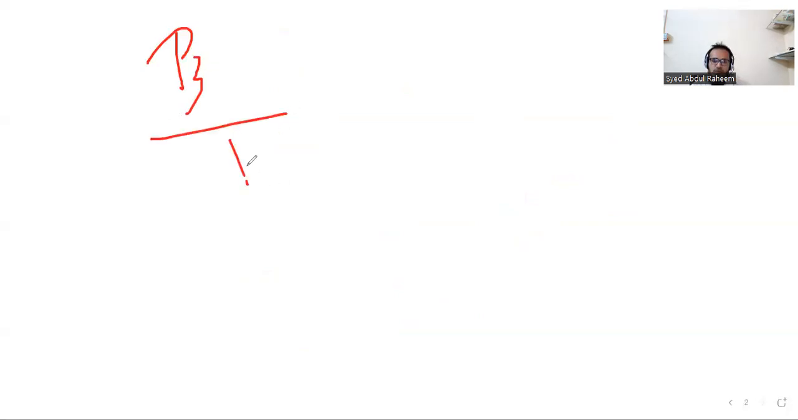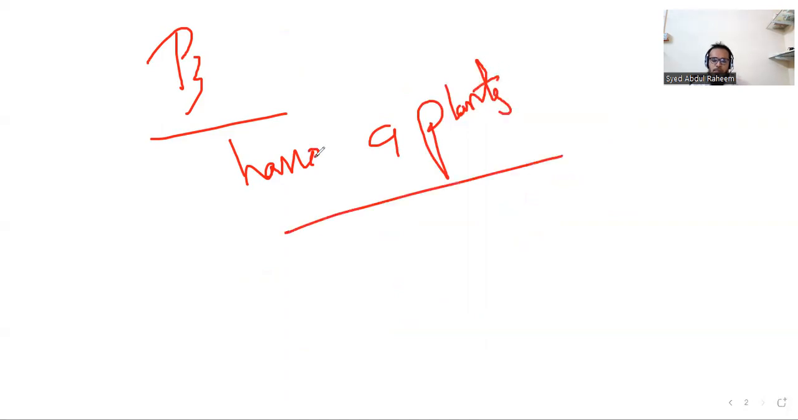P3 has 9 plants. Number 1, Adiantum capillus-veneris, the same plant which is present in P1, P2, and P3. Adiantum capillus-veneris. Next we have second,